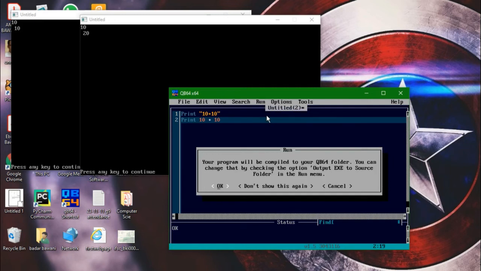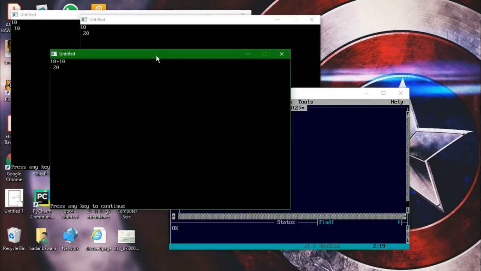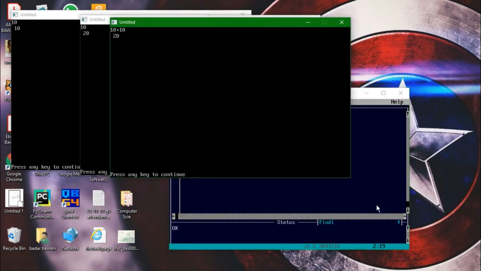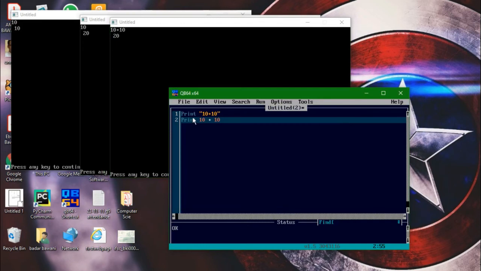So what if I write down the same thing here, 10 plus 10, inside the quotes, and run it? What do you think? Will I get the calculation, or will it just print 10 plus 10? Let's see. This is the output I am getting after running this code. It is showing me 10 plus 10. It is not calculating it. So that's what I told you: when I specify double inverted commas, it will just print whatever is written inside it.